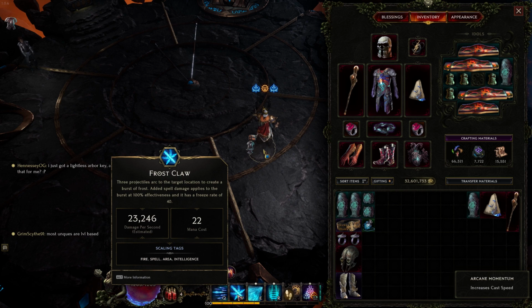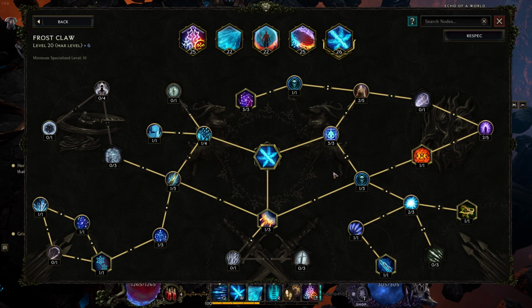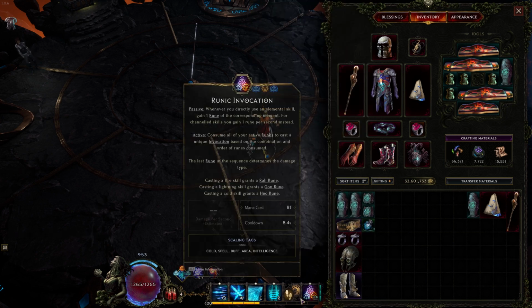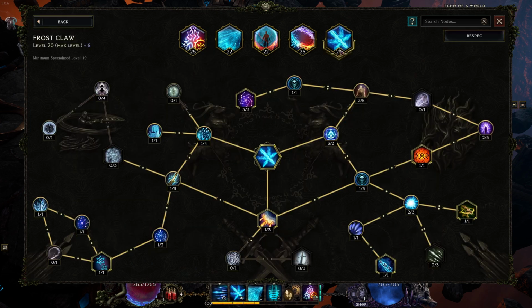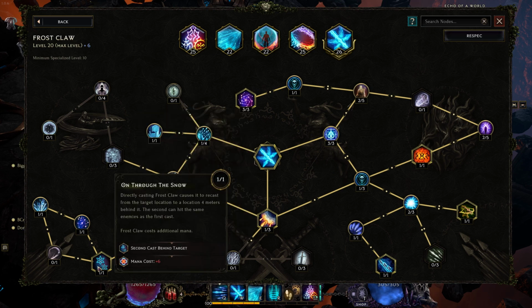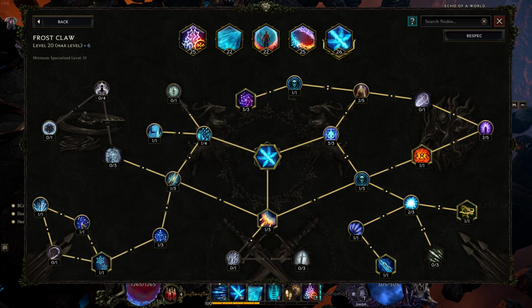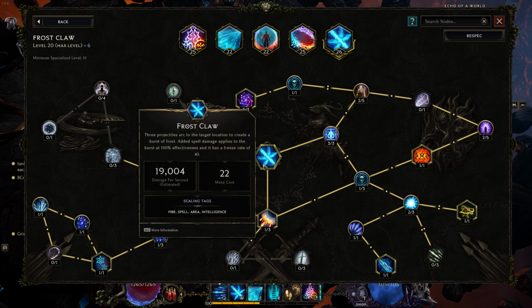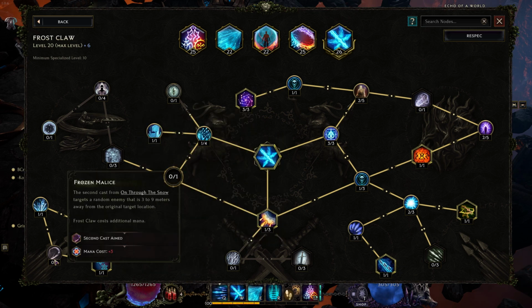So with that covered, let's talk about Frostclaw. So we used to have 27 points in Frostclaw, now we have 26. Fragment of Enigma used to give us +1 to lightning skill, but since Frostclaw is now fire, we would lose that 1 point. When we lose that 1 point, we would not be able to put a point in Frozen Malice and still be mana sufficient. So we would take 1 point out of Frozen Malice, and